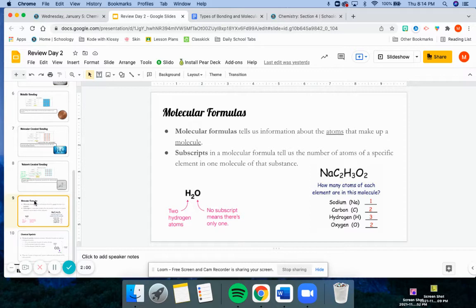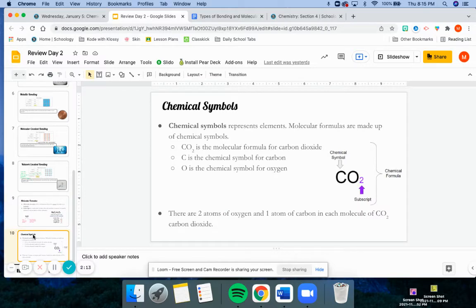Molecular formulas tell us information about the atoms that make up a molecule. So not only what types of elements are present within a molecule, but also the number of atoms of each type of element. And of course, the way that we represent the different elements within our chemical formulas is through the use of chemical symbols. One thing I want to remind everyone and highlight on this slide is that chemical symbols always start